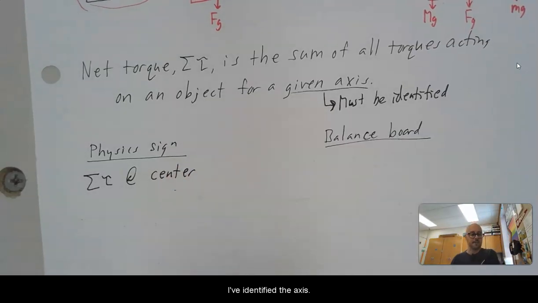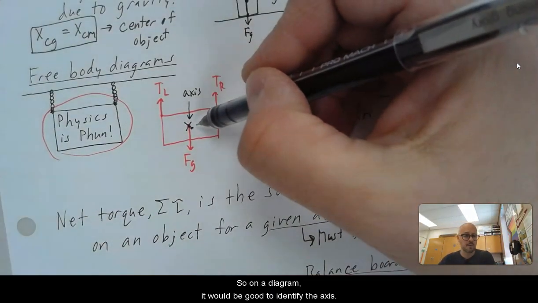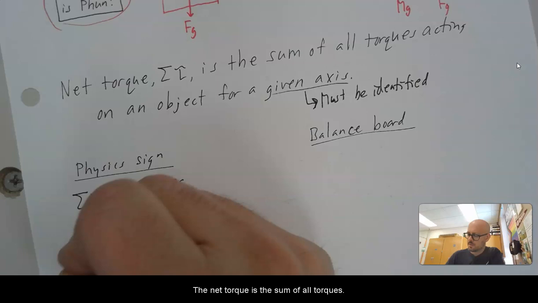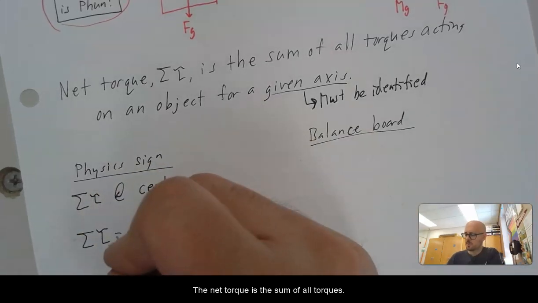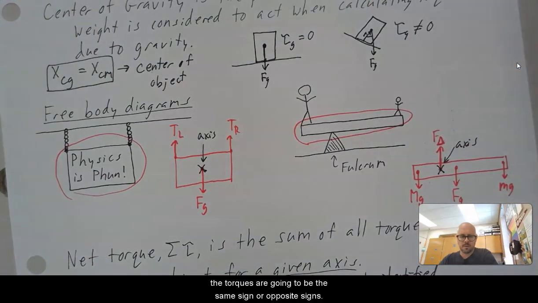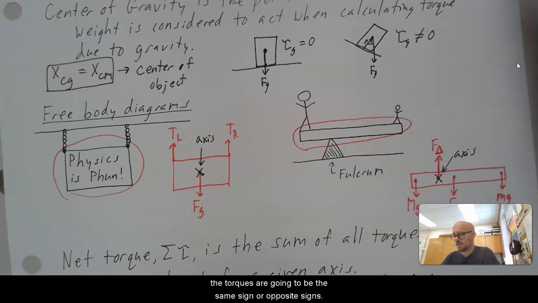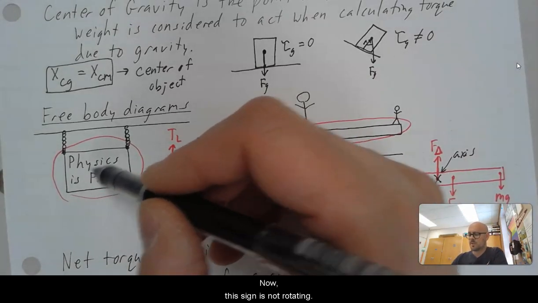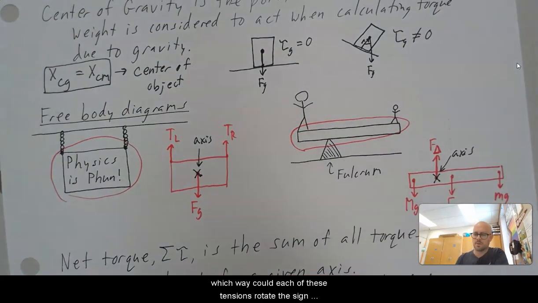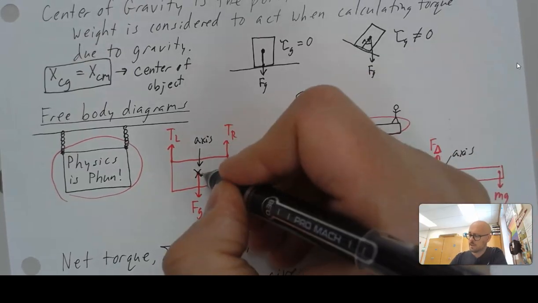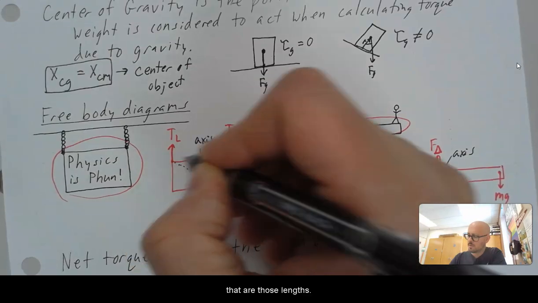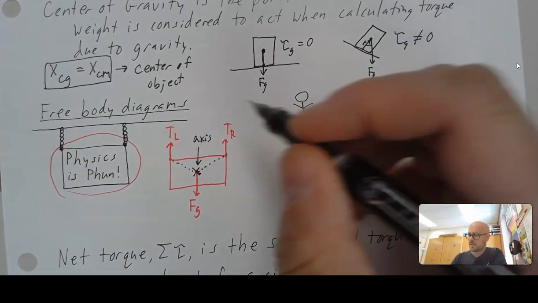So that's where I've identified the axis. On a diagram, it would be good to identify the axis. You can do it in words as well. The net torque is the sum of all torques. So I have to now look at this picture and decide whether the torques are going to be the same sign or opposite signs. Now this sign is not rotating. So I have to imagine which way each of these tensions could rotate the sign about that axis. Well, I can imagine that there's r's that are those lengths, and